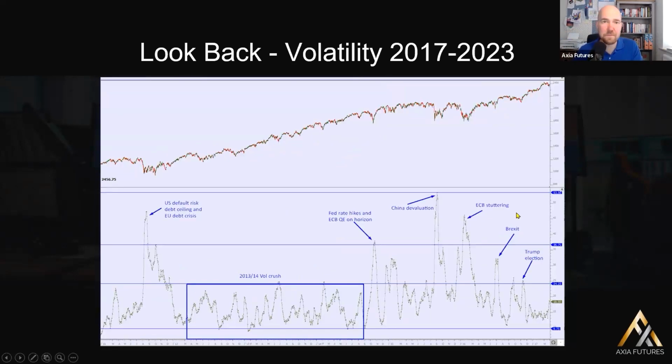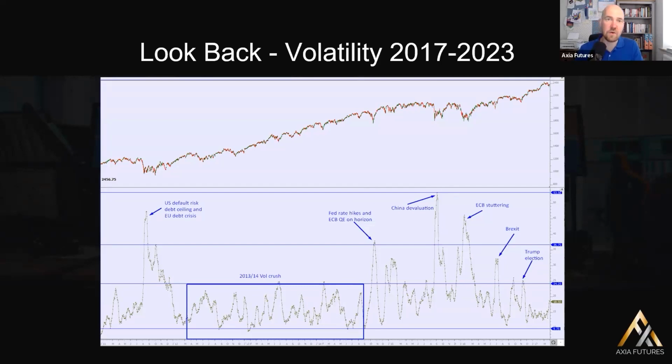You can go back further and look at the volatility that we saw and what a lot of traders, or what I certainly refer to as the vol crush, that we saw between 2013-14. Note here, the peak movements were 25 handles in the S&P. You're dropping down to sort of 8-9 handles on a daily basis during those much quieter periods. Even when volatility spikes up, we were struggling to get 50 big ticks in the S&P on a regular trading hour session. So this is the kind of paucity of volatility that you might be able to get.